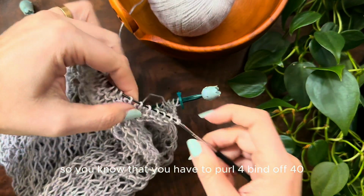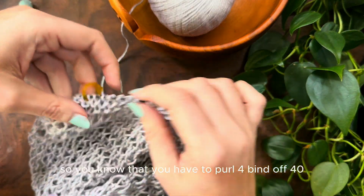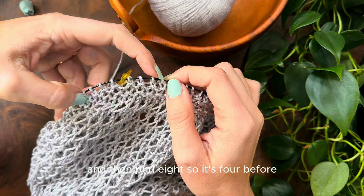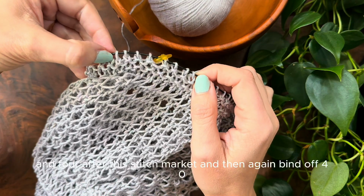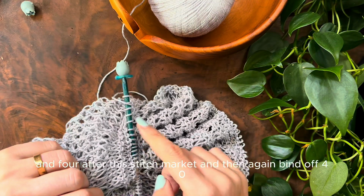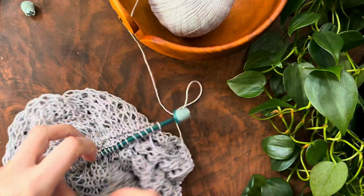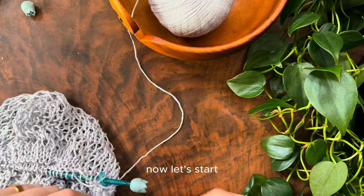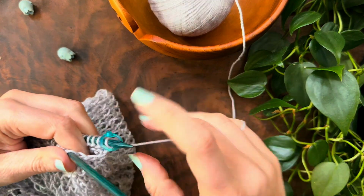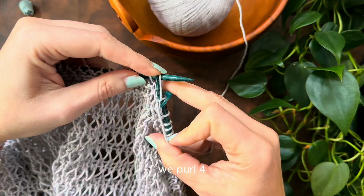So you know that you have to purl 4, bind off 40, and bind off 8, so it's 4 before this new stitch marker and 4 after the stitch marker. Then again bind off 40 and you purl the last 4 stitches. Now let's start. You purl 4,